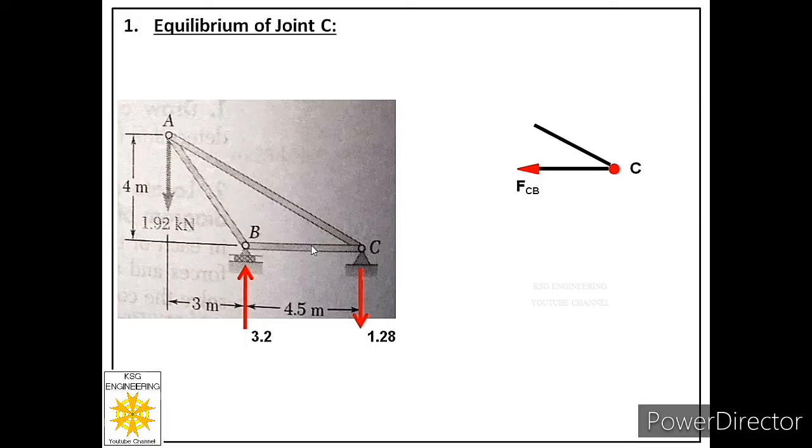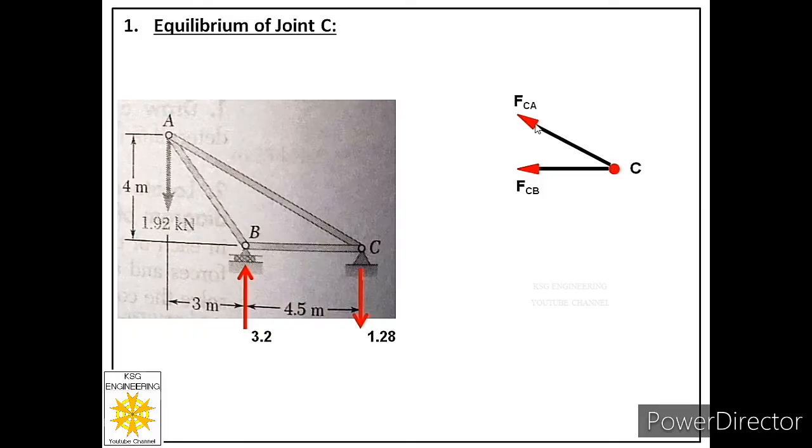This member is named CB, so we will label the force acting in that member as FCB, and we have labeled its direction away from the joint as tensile force. Similarly, for this member CA, we will consider tensile force, that is away from the joint,